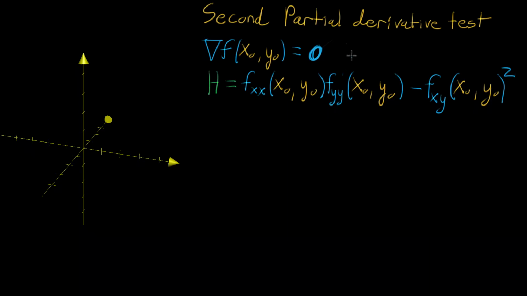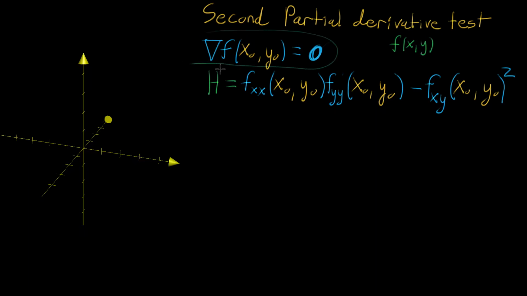Hey everyone! So in the last video, I introduced this thing called the second partial derivative test. If you have some kind of multivariable function, or really just a two-variable function is what this applies to, something that's f of xy and it outputs a number, when you're looking for places where it has a local maximum or a local minimum, the first step, as I talked about a few videos ago, is to find where